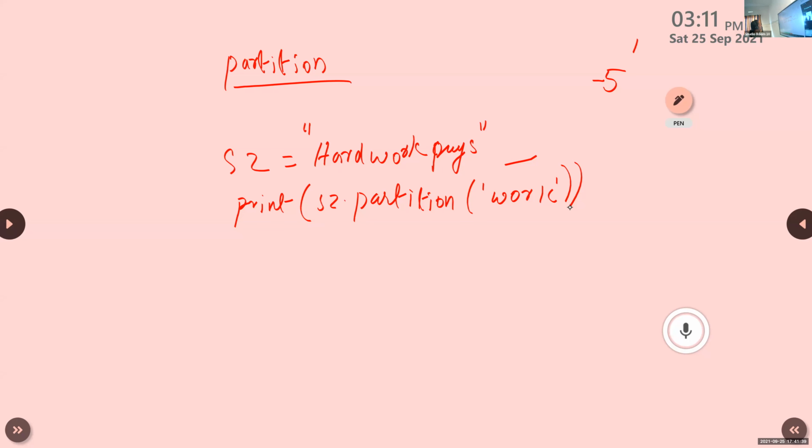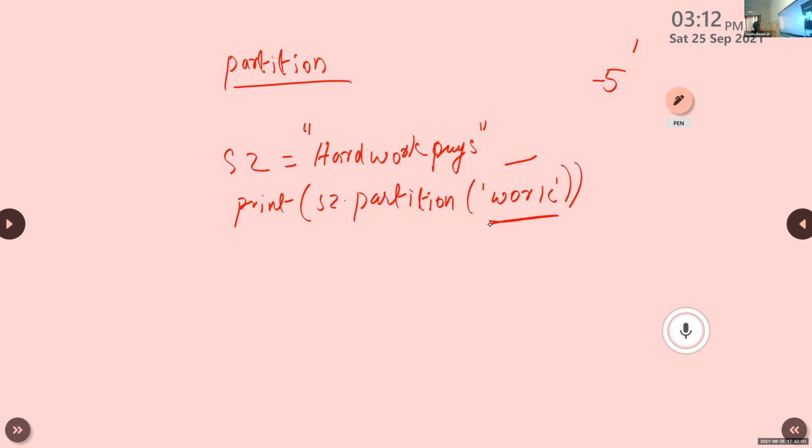Here, S2 is equal to the string hard work pays. Okay. Print S2 dot. I want to split S2, so the function used is partition. Within brackets, I am using the separator. Here the separator is the substring work.